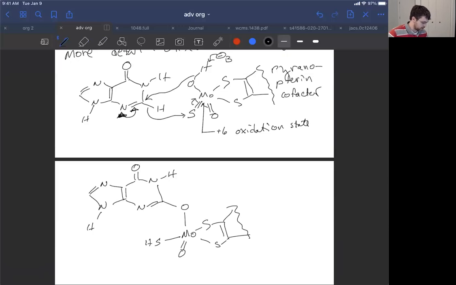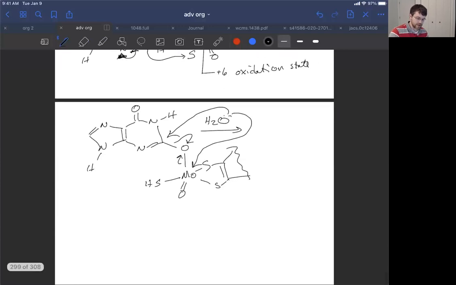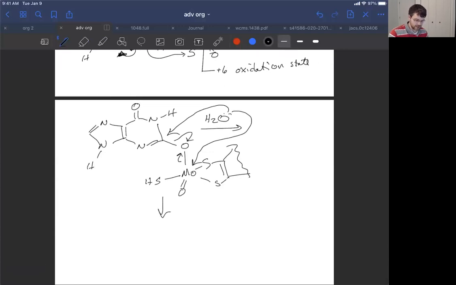So at this point, what happens is that water actually comes in. So we needed that sulfur atom to facilitate the removal of the CH bond. But now water is going to come in and replace all of this. You could attack either the carbon-nitrogen bond or the molybdenum, in which case you'd crack this bond, or if you attack the carbon, you'd crack this bond. Either way, what we get is